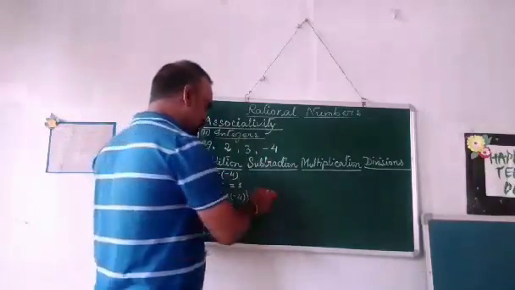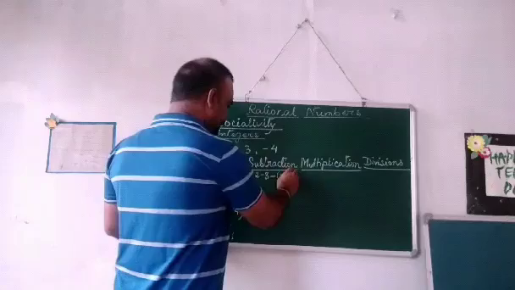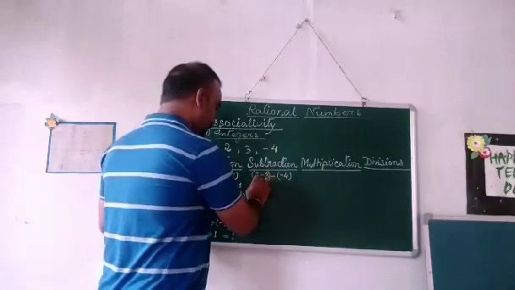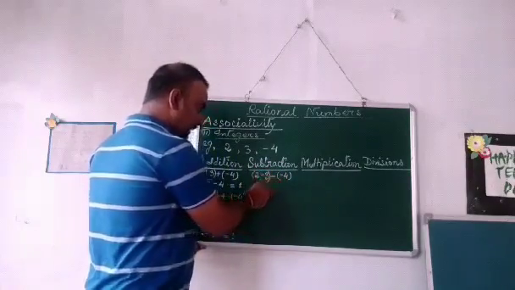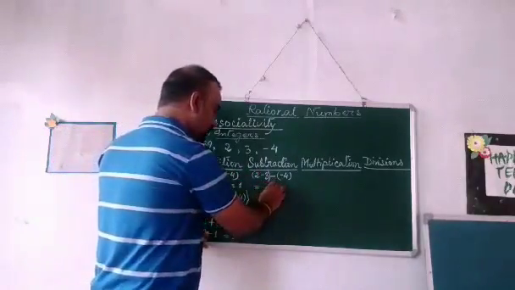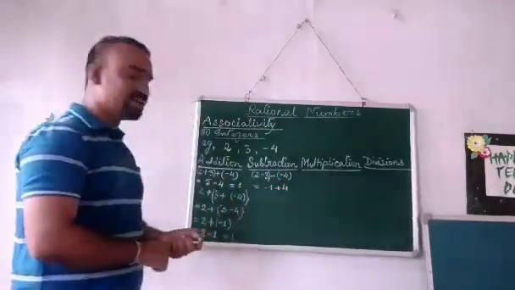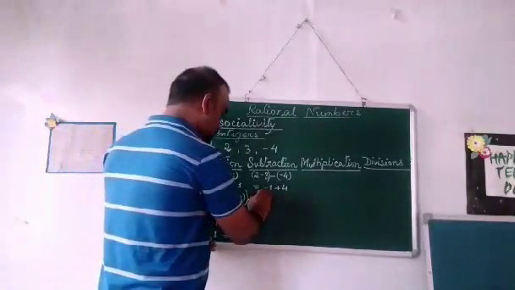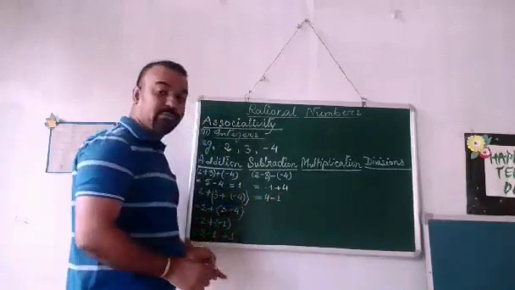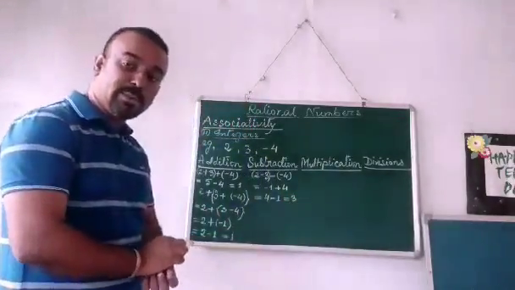We will choose the same integers as earlier. 2 minus 3 minus 4. We will combine 2 and 3. 2 and 3 is inside the bracket. So first of all, we will solve 2 minus 3. 2 minus 3 equals minus 1. And minus will become plus. So minus 1 plus 4. So plus 4 will come first, and then minus 1. So 4 minus 1 will become 3.